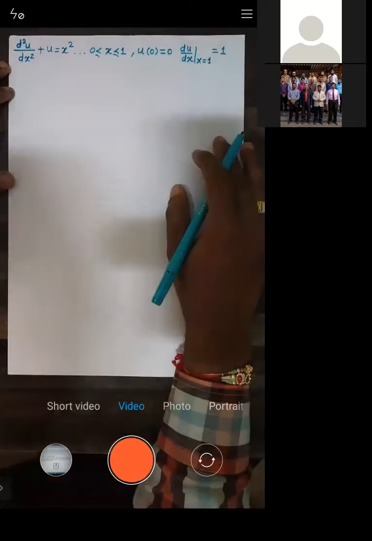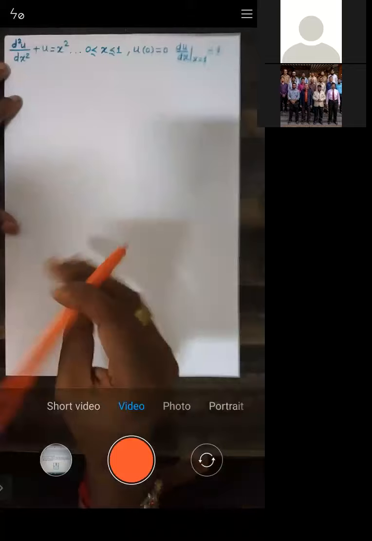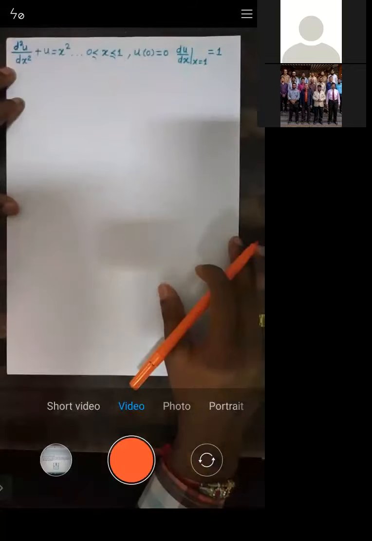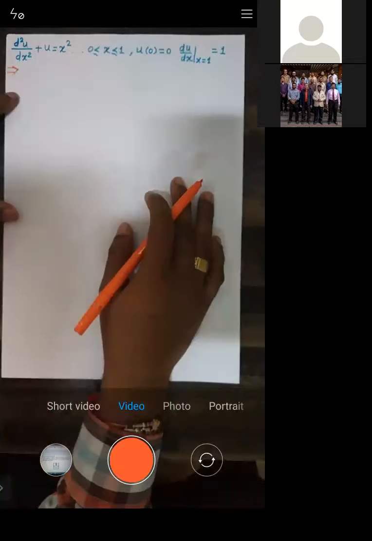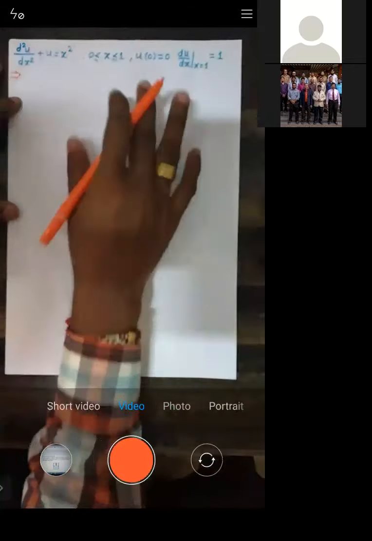Now let us solve. We have already solved this problem by the exact method. So let's solve this problem by collocation, Galerkin, least square, and subdomain. So let's start with that. In order to start with the problem, as I told you, the very basic step is to write down the approximate solution.